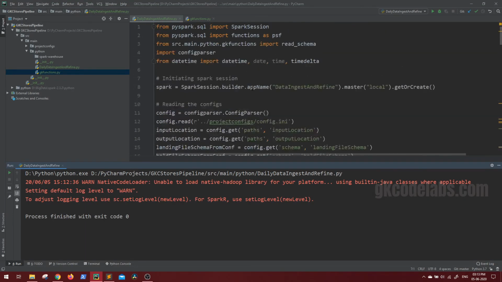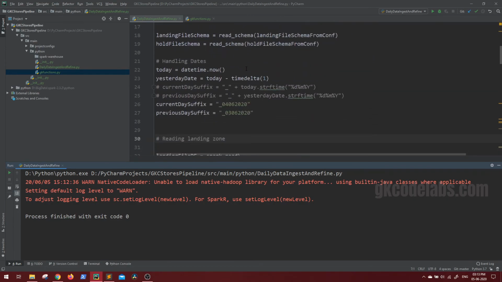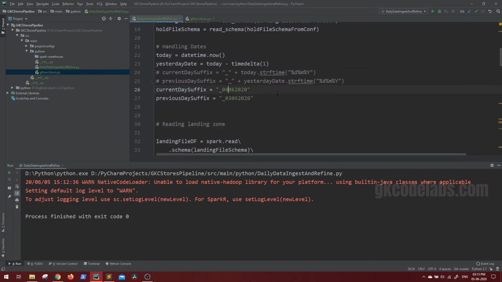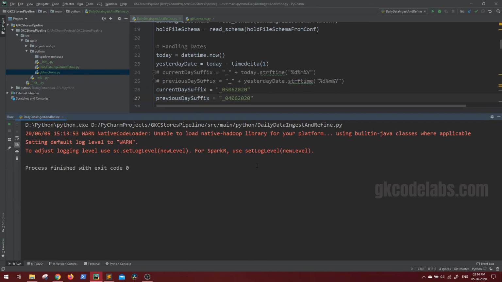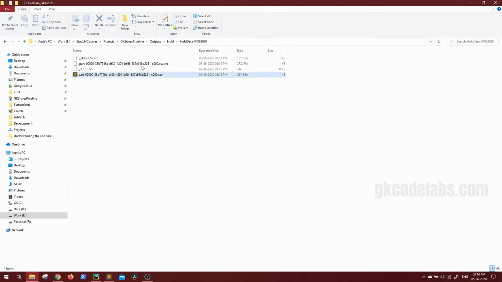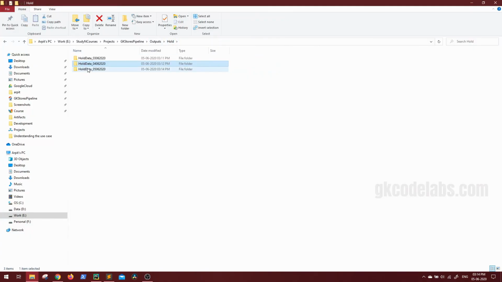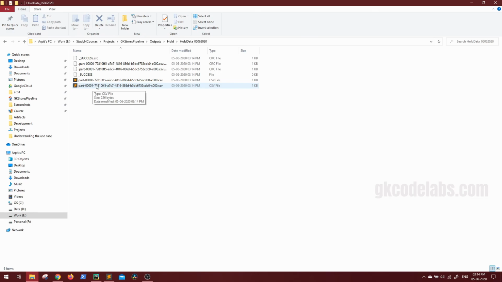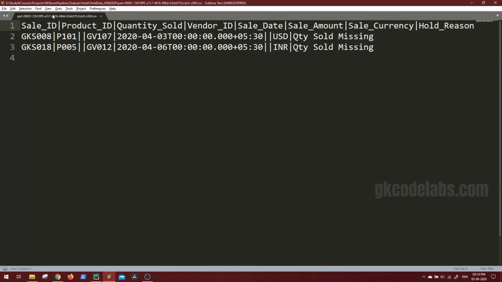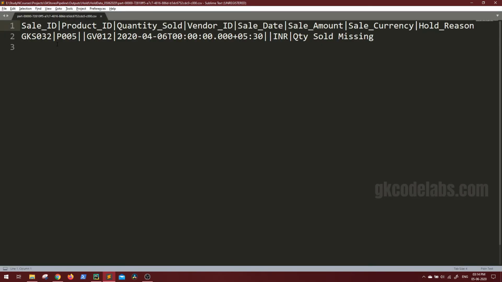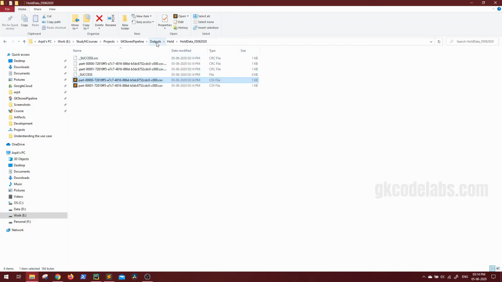Similarly, now no need to change anything, we can just make the current day 5 and the previous day 4. Save it and run it. Again, the code has executed without any issues. We can go back, and new hold data is created. Only 8, 18 and 32 are left.